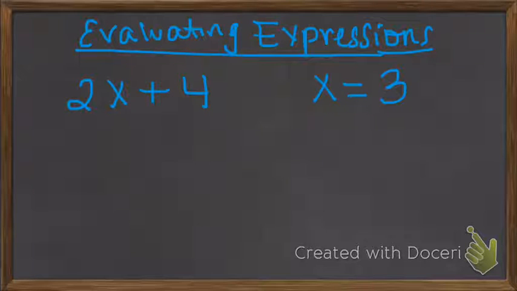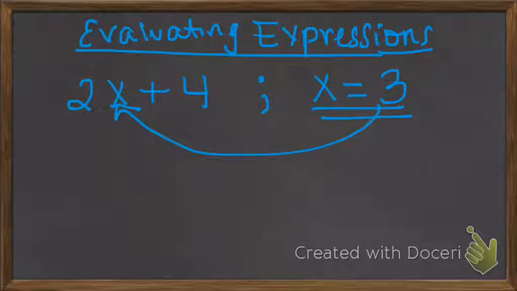Okay, so if we were to let X equal 3, what that tells us is that you're going to take the 3 and you're going to substitute it right into the X place. It's like a placeholder. So if we do that and we replace the X with 3,